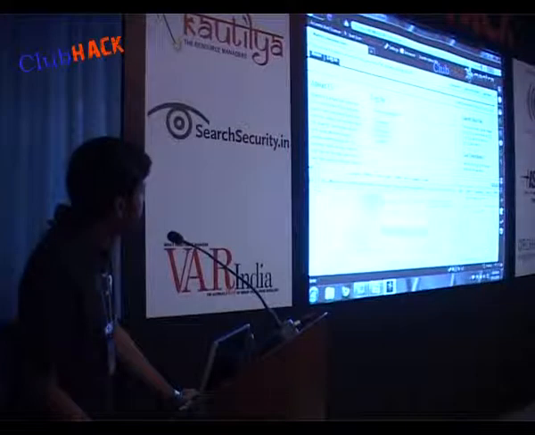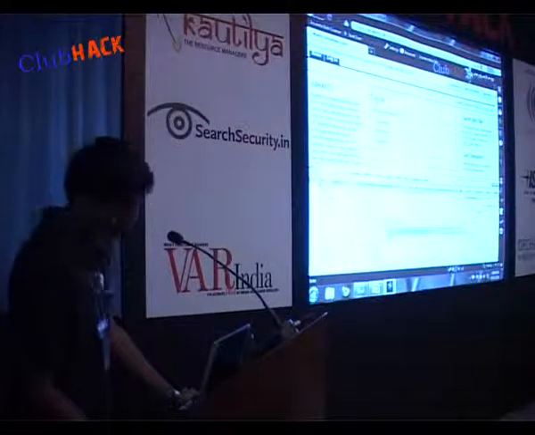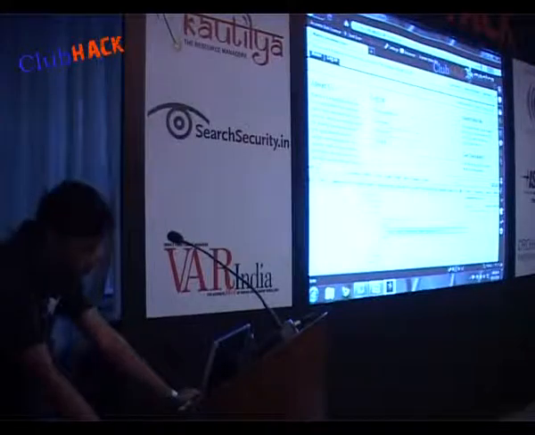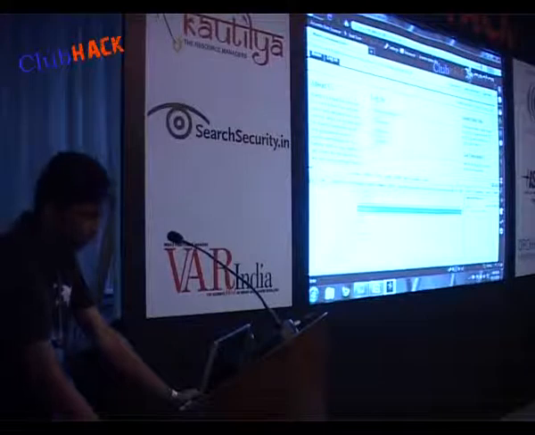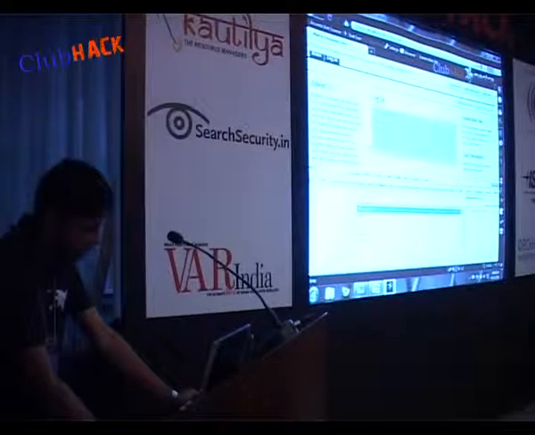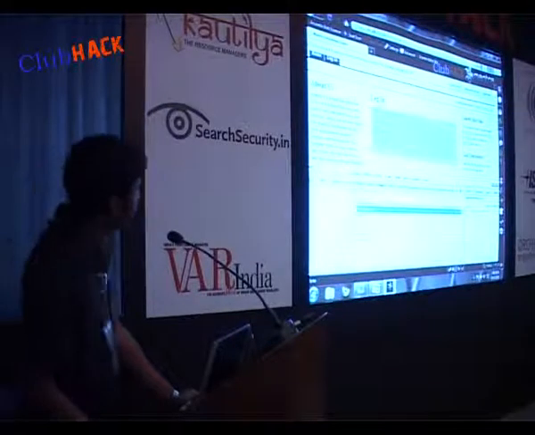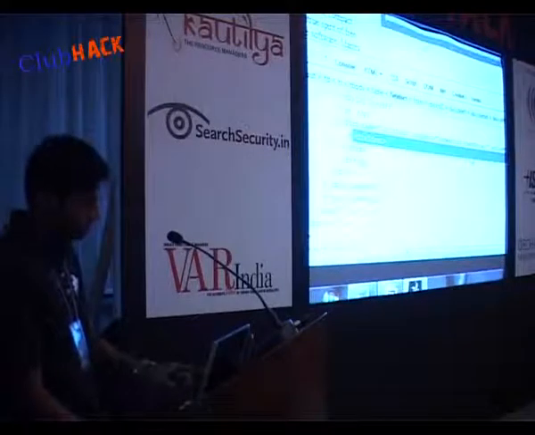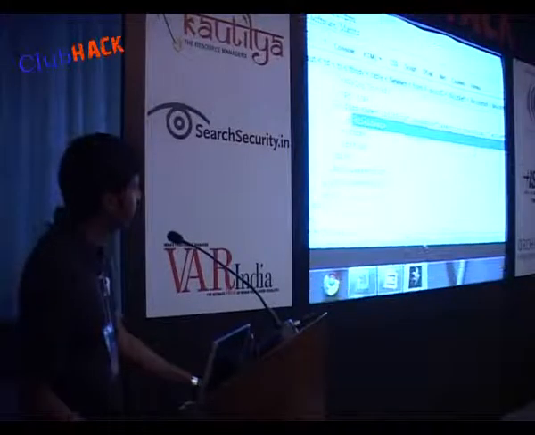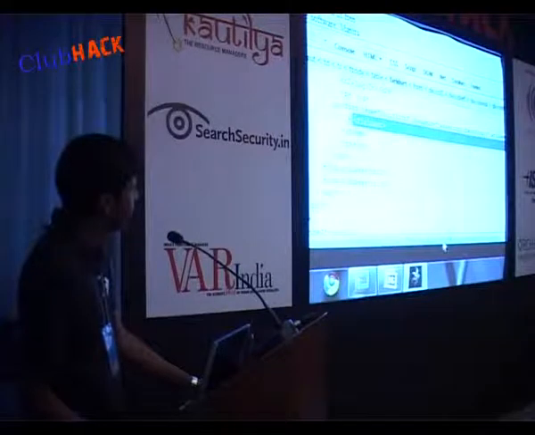I'm going to this form, and I just clicked on the form, and it is showing that there is a form named login form, and it is actually validating my inputs using JavaScript.